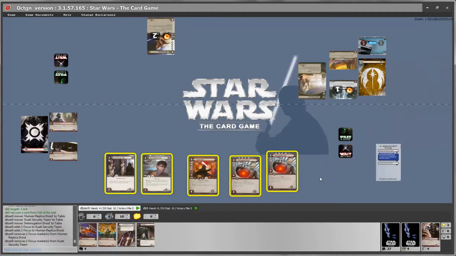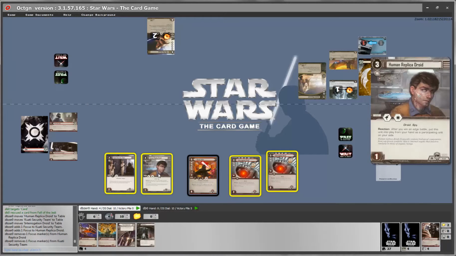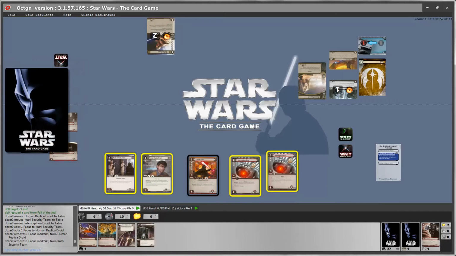Since the game needs to know all the cards that are going to go in random order before we send them back, we target them all. If you want to exclude a card, you can just control and click on the card. Control clicking on a card adds it or removes it from the selection. So in this case, let's say we want to send these 4 units back. Now let's see this in action.